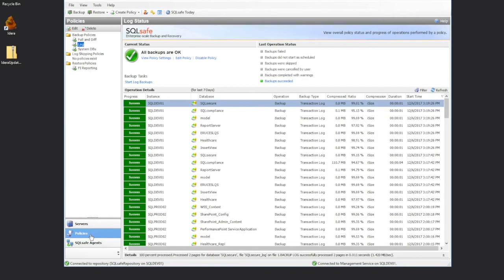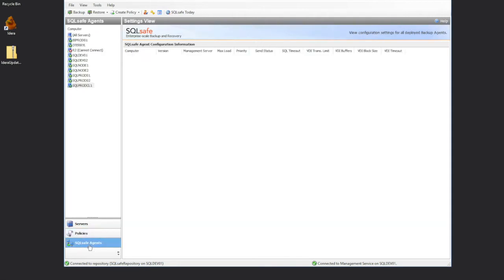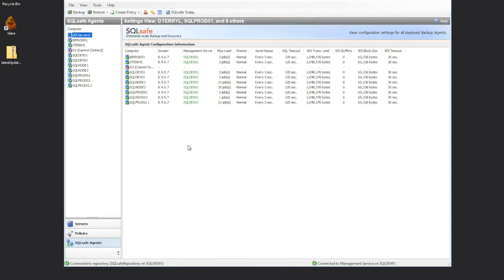Policies, for example, we'll talk about a little bit later on. That's where we build our scheduling. Agents. So the agents themselves, right? Every single SQL Server that you need to back up or restore to will have an agent deployed to it. This agent view that we're looking at now is talking about, first off, what servers do we have agents